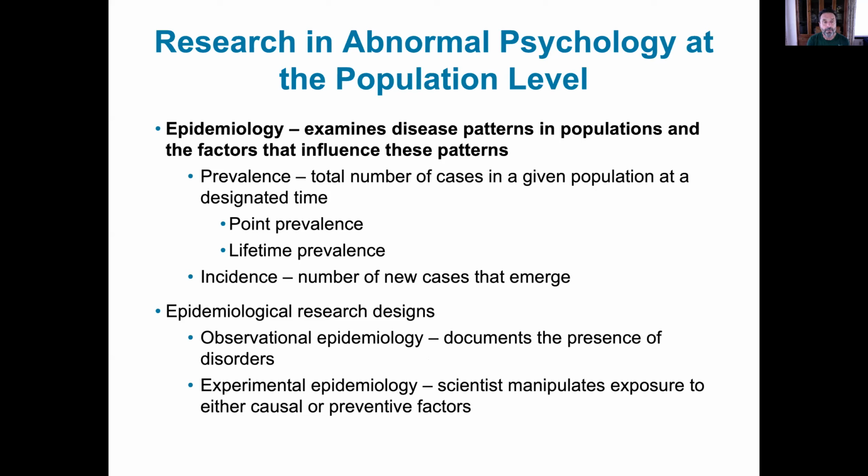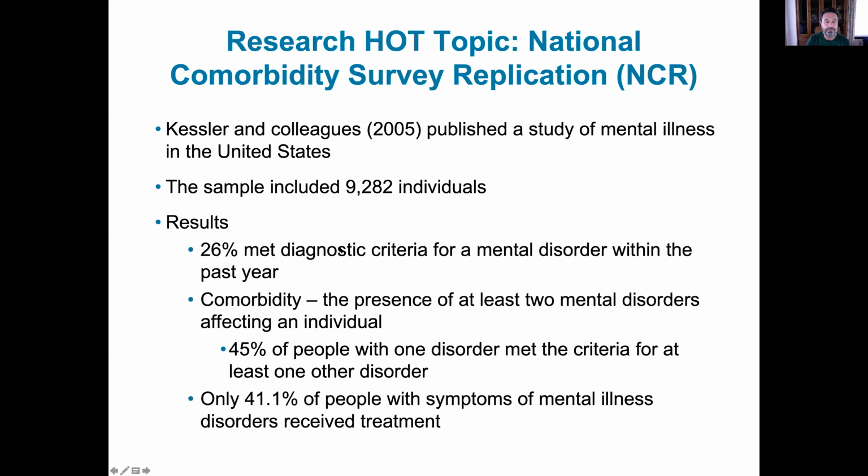Our textbook will talk a lot about epidemiology, and basically epidemiology is nothing more than how do we see this disease or disorder, dysfunction? Is there a pattern in the populations? In other words, is it seen more in certain kinds of places in the world, certain kinds of people in the world, age group, male, female, socioeconomic issues? What is the prevalence, the total number of the population that we have?